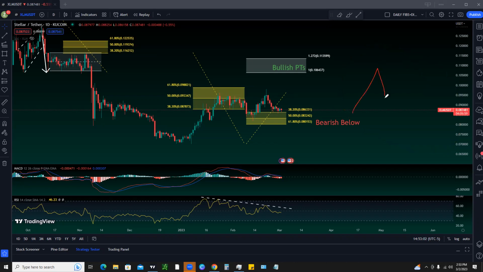If you move up, retrace, consolidate a little, and then break through those retracement levels, that's going to be a downside reversal. And if you move down, retrace up, consolidate, and break through those retracement levels, that's going to be an upside reversal. So now that we understand what those are and how you use those, we can see,